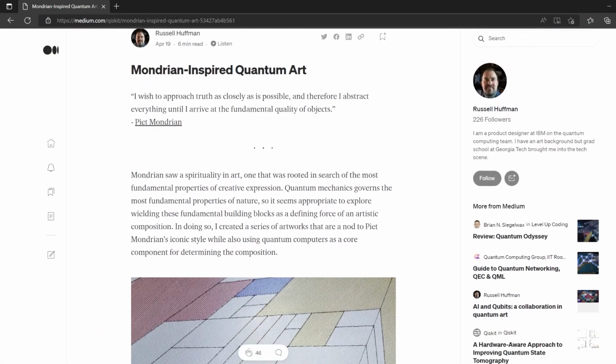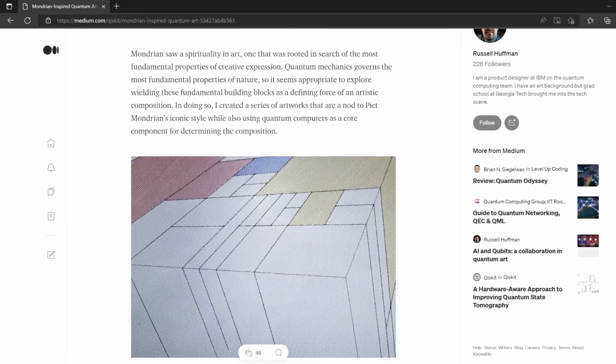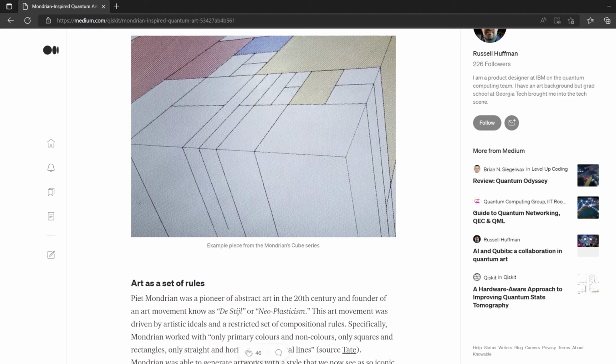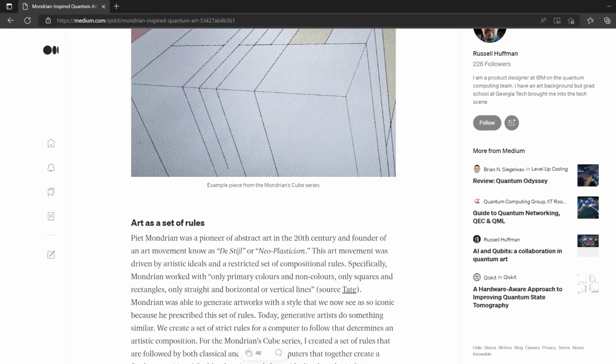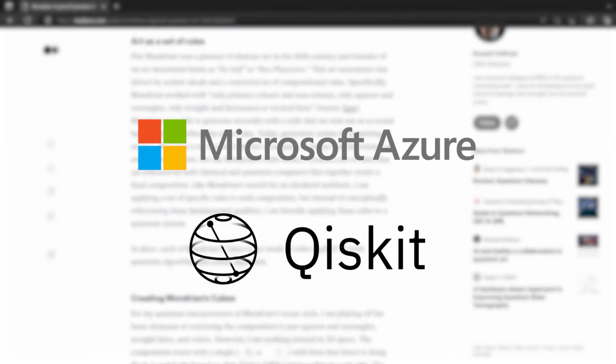In this project, our goal in creating a generative art piece with quantum computing is to express what is new and different about quantum mechanical concepts compared to classical computers. We got this idea referencing one of the articles by Russell Hoffman. In his article, Mondrian-inspired quantum art, he explains a way to create Mondrian-style art by applying a quantum algorithm using Qiskit. In our project, we use Q# and Qiskit to create a quantum art piece using the beauty of quantum entanglement